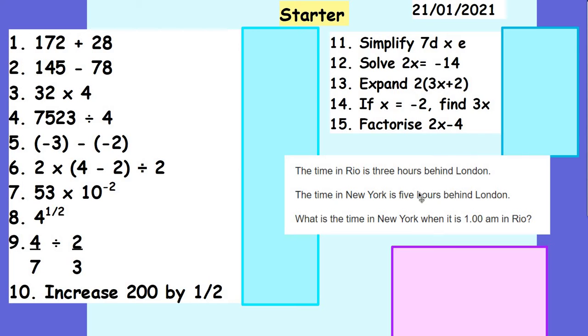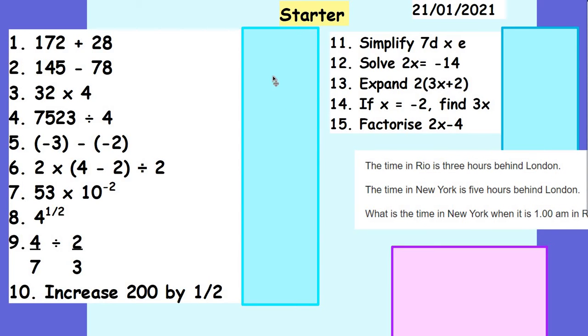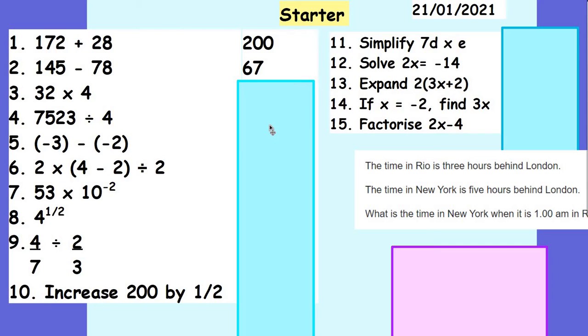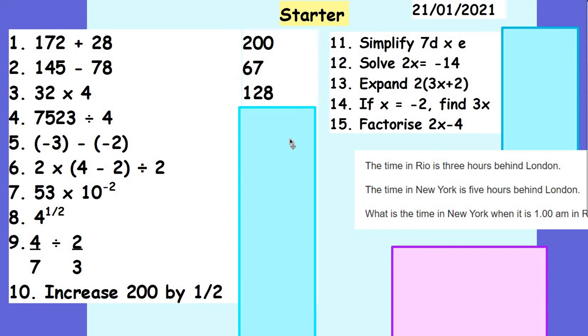Okay, hopefully you've had a go at some of those questions. I'll just run through the answers with you. A column addition for the first one would give you 200, and a column subtraction for the second one will give you 67. 32 times 4 will give you 128. A bus stop for the next one will give you 18. 80.75. For the next one, I've got subtract -2, and when we've got two negatives in a row, that becomes